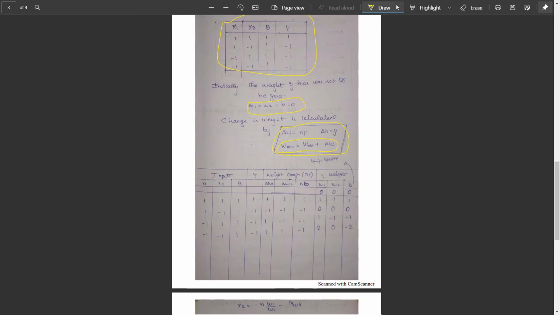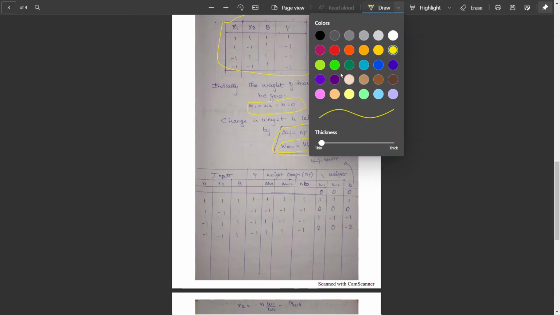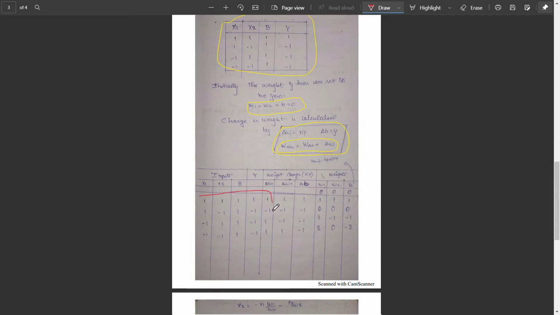First thing, wait, I'll change the marker. First copy the whole question. The first four rows and columns will mostly be the same, up to here it will be the same. Then for Del W1, multiply x1 into y.